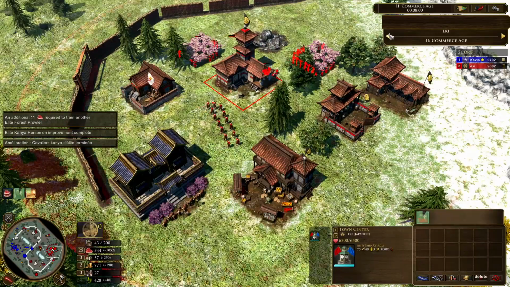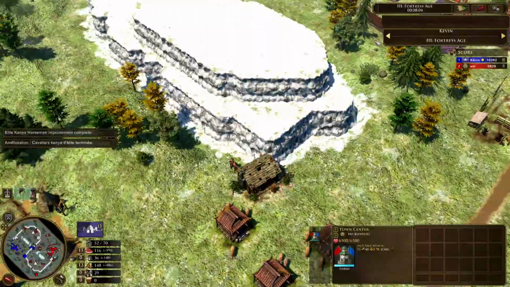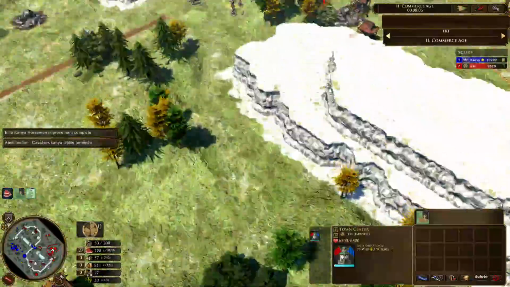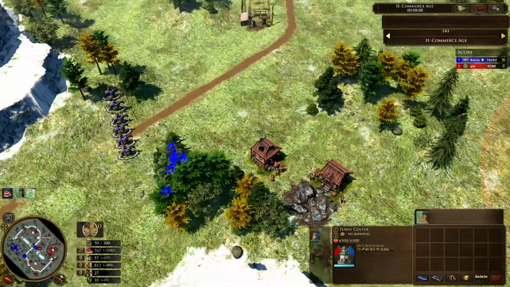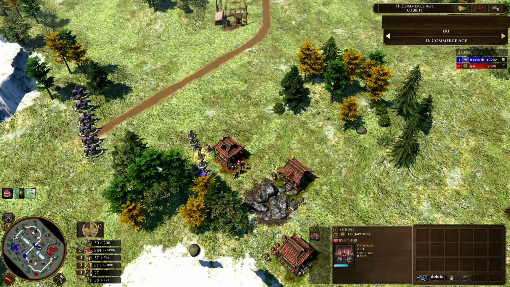Japan has dropped a stable, but is he aging? Not yet. He is getting rid of the Portuguese consulate. You see he's boomed to 200 shrines. So really a nice place for Japan. He's got to be pretty happy that his shrines have not been harassed here. Up to 200